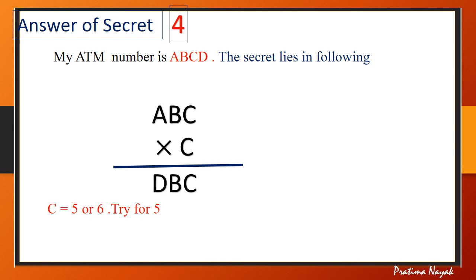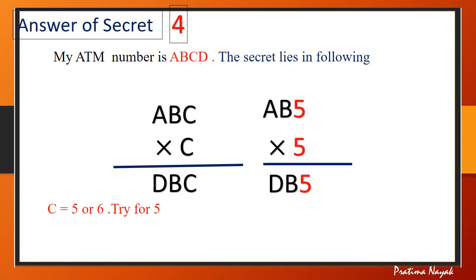So what should it be? It will be either 5, since 5 times 5 is 25 which ends in 5, or 6, since 6 times 6 is 36 which ends in 6. So we'll try 5. Let me put 555. 5 times 5 is 25, carry 2. Next think of B. What should be multiplied with 5 and added to 2, so that the end digit will be the same as the number multiplied with 5?